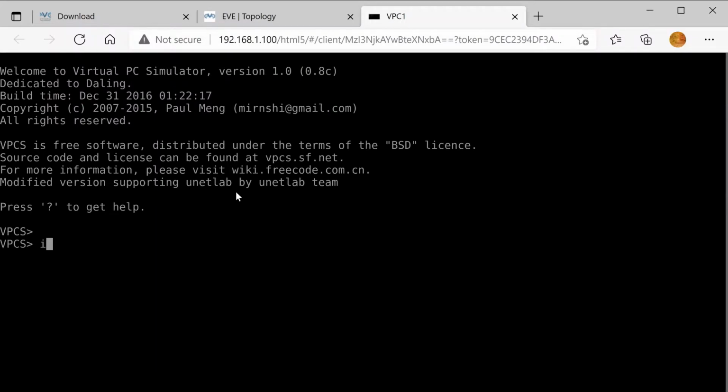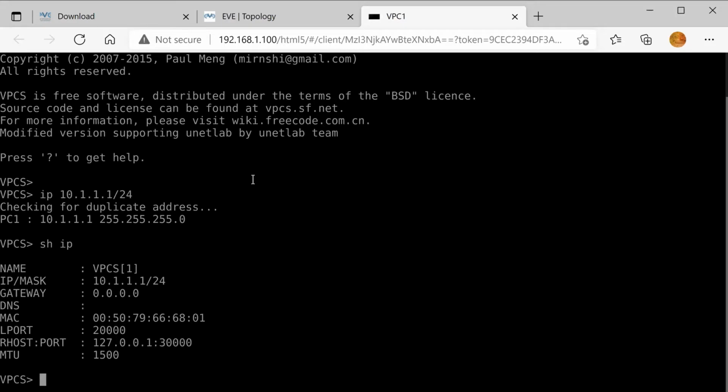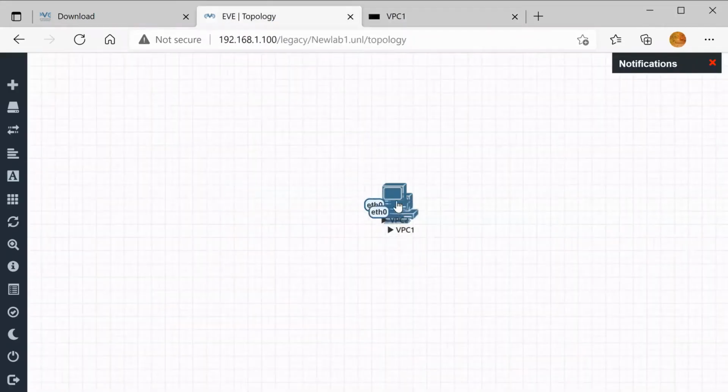We'll assign an IP address and check the connectivity. IP 10.1.1.1. Yeah, it's okay.